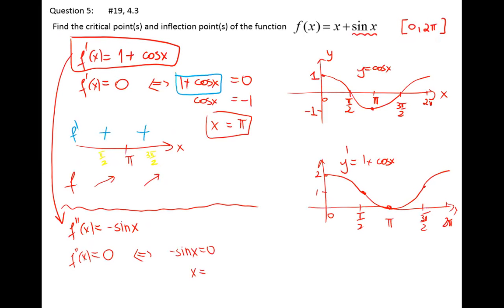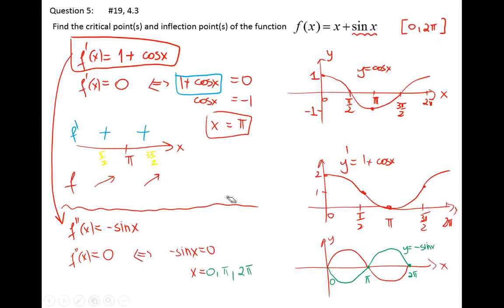For what angle is sine of x 0? Oh, lots of trigonometric functions today. Sine looks like that. Or I can even draw negative, which is flipping everything like a mirror image. That means this graph is negative sine of x. 2 pi, pi, and 0. We can see 0, pi, and 2 pi, if I include the endpoints. That means that's potential